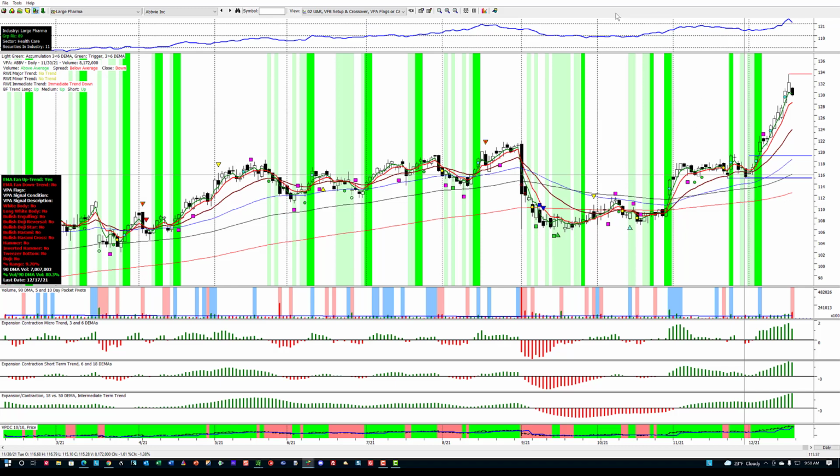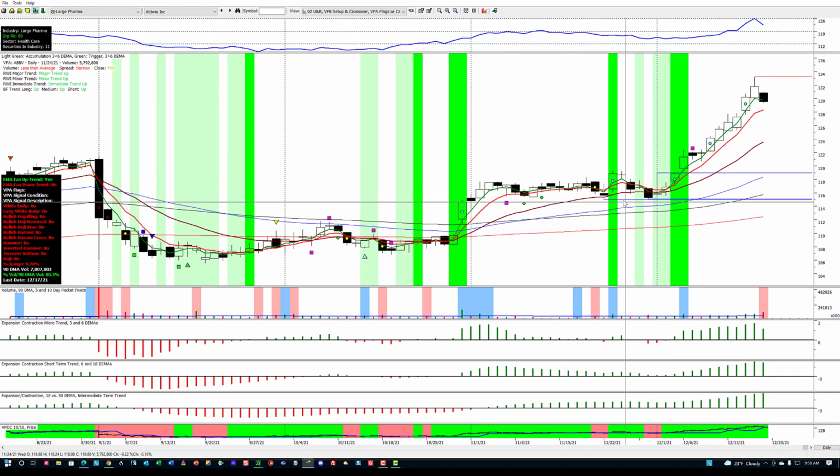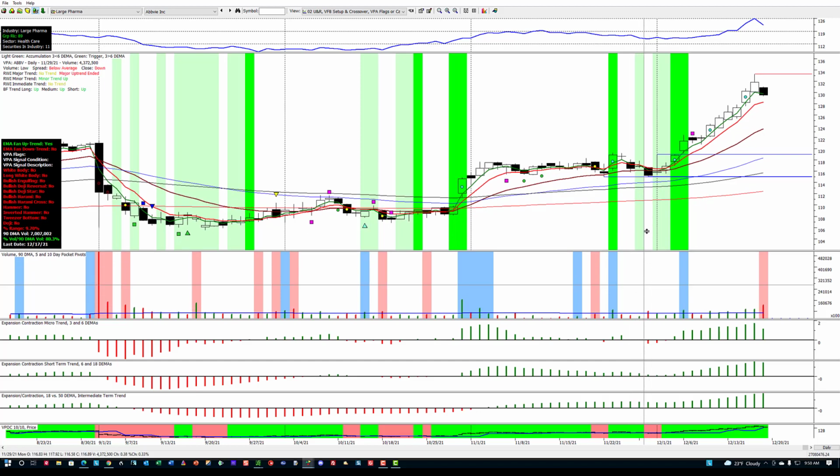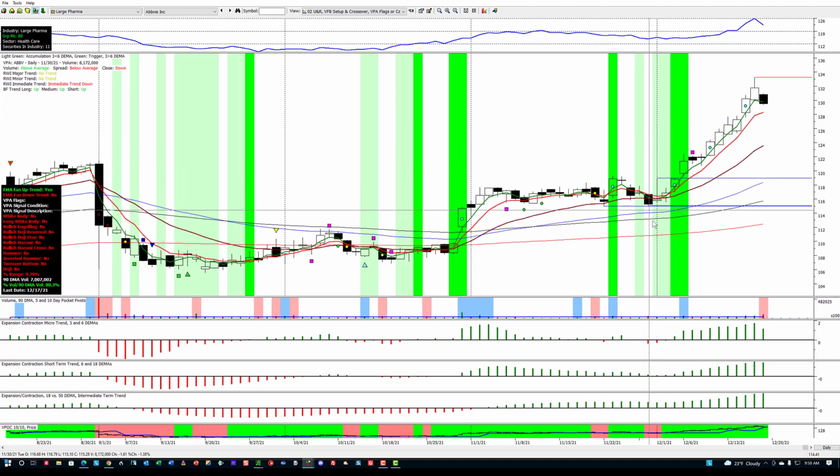Let's look at the volume on those pullback days. Volume, you can see, was very light on the pullback, except for this day right here. It was above the 90, which would be right here. But what followed that was an accumulation day. So there was a shakeout, and then we started getting accumulation bars on these candles. No VPA flags, but the candles were showing accumulation bars, and then we had a confirmation on the crossover day